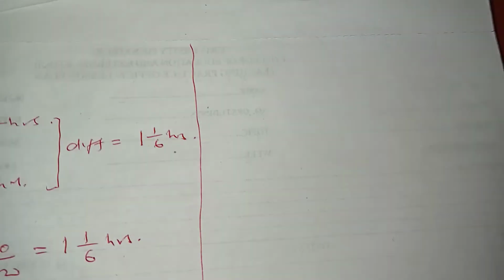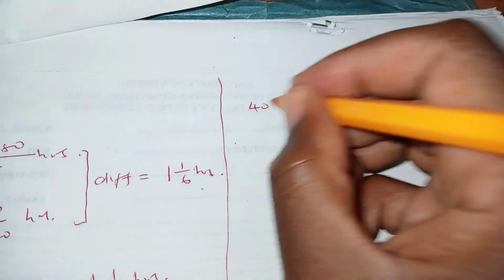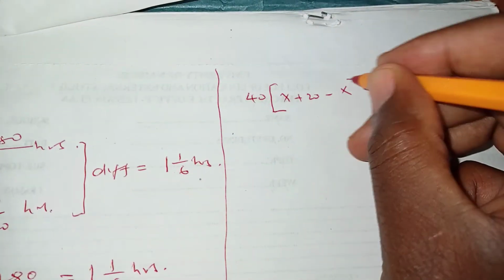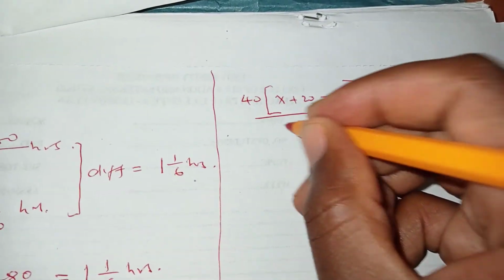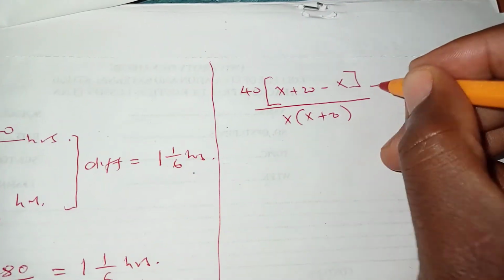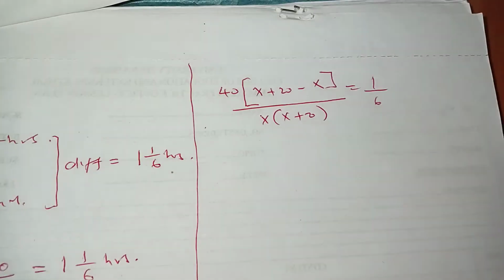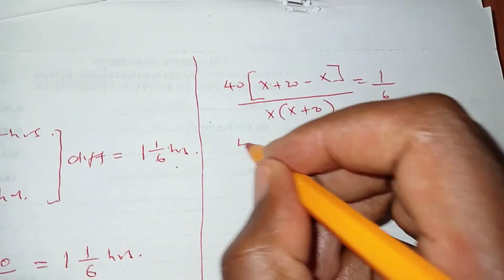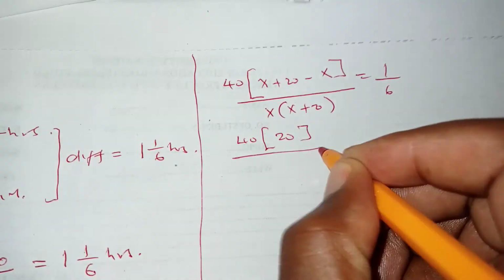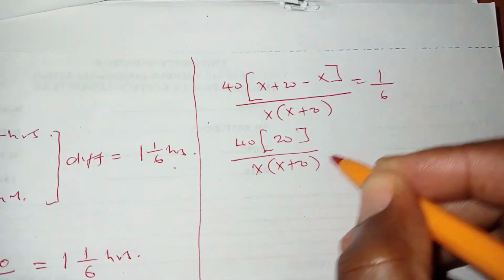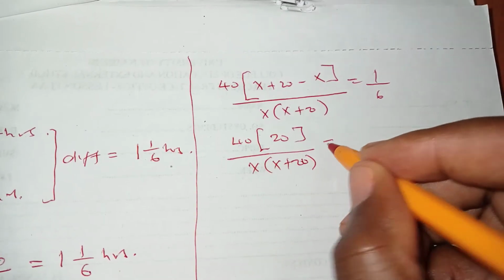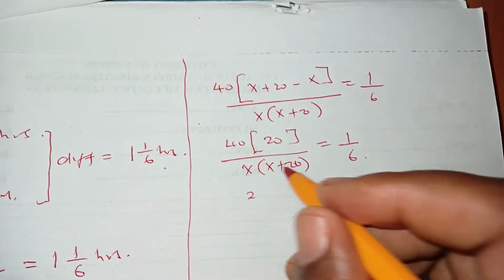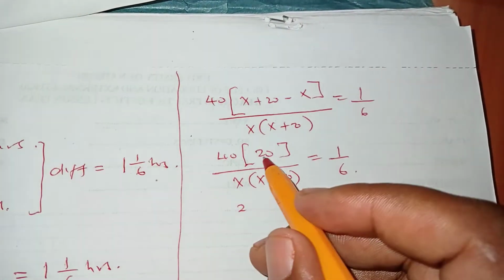Right, so what do we have here? We have 40 into x plus 20 minus x over x into x plus 20, which was the LCM, and on the other side we have 1 over 6. From here we can see that whatever is in the bracket reduces to a 20, okay? And so our denominator has x into bracket x plus 20, and we equate to 1 over 6 on the right hand side. Solving this one,